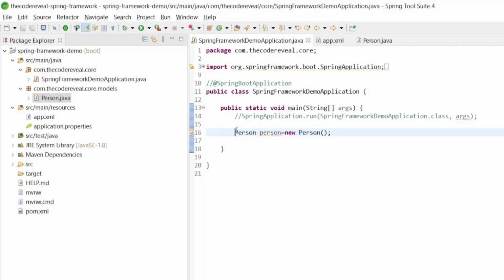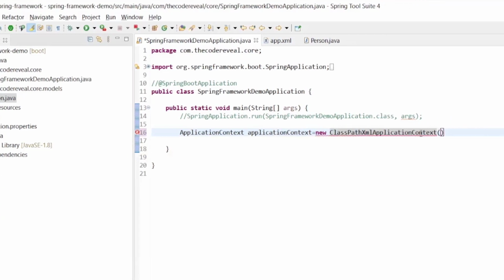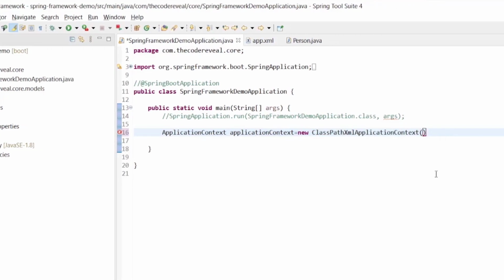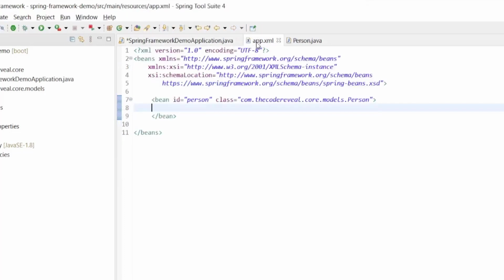But in Spring we have an IOC container that is responsible for creating all those beans. So what we do here is call the application context. We'll create an application context reference here and pass the ClassPathXmlApplicationContext and give that metadata. The metadata that we have here is app.xml.